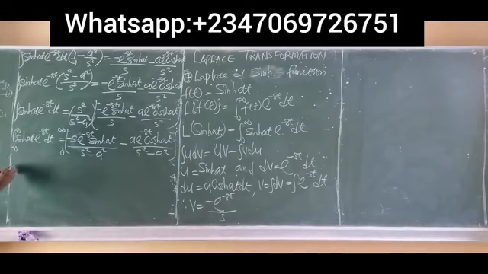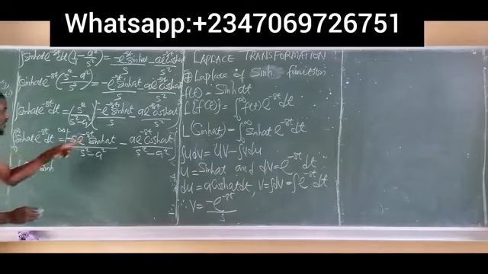Effecting the limit, wherever you see t, let's start with the upper limit. Put in the upper limit first minus the lower limit. Whenever you see t, you put in the upper limit, which remains infinity. So we start with minus s e to the power of minus st. In place of t we put in infinity, so it becomes e to the power of minus infinity times s, and sine at becomes sine infinity times a